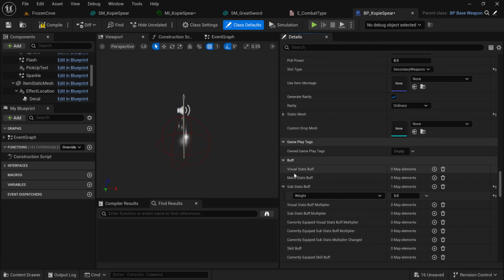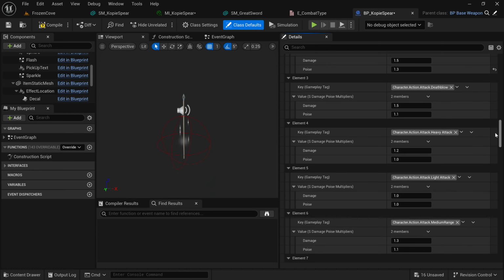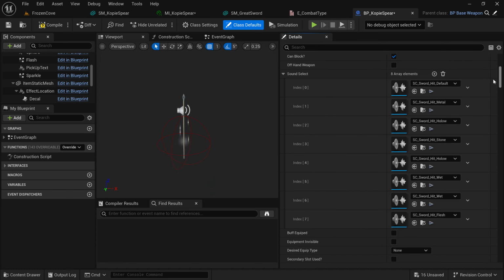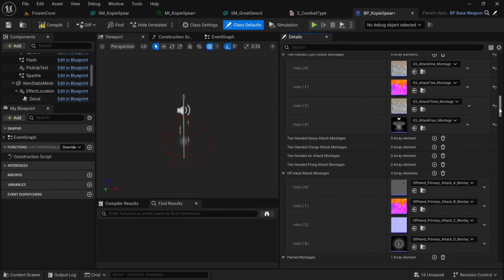Okay, now that is pretty much all of these, except for one more thing we need to do, right here, the default buff. This needs to be the same as your item buff up here. Well, it probably should be the same. It doesn't have to be the same, but to make sense, it should be the same as your item